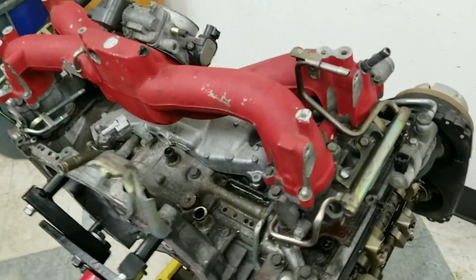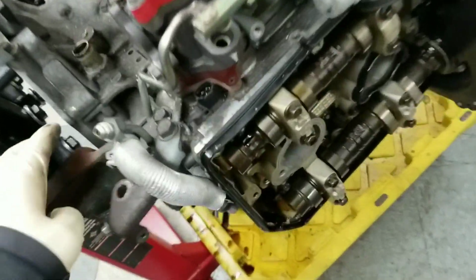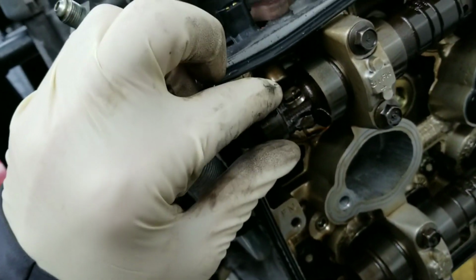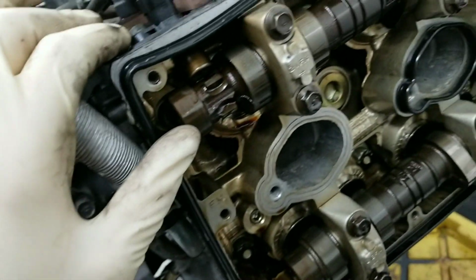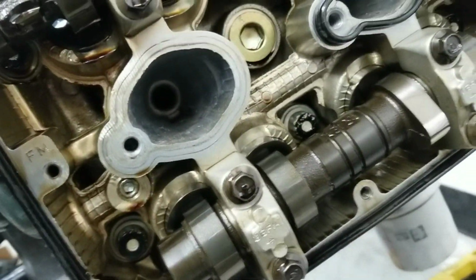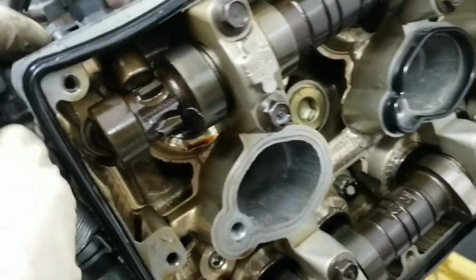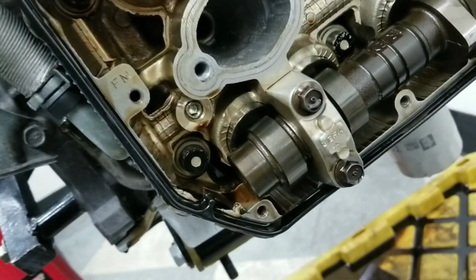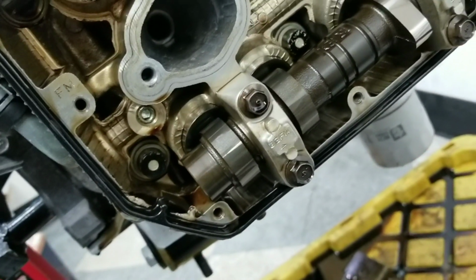Alright, so I got this torn down. I wanted to look and see about cams, and the JDM cams are a little bit different than the US cams. They've got a little bit thinner notches on the back there. I also wanted to take a look at the bores, so I took the spark plugs out and put a camera down in there. It is stock head bolts still, so I might address that before putting it back together,